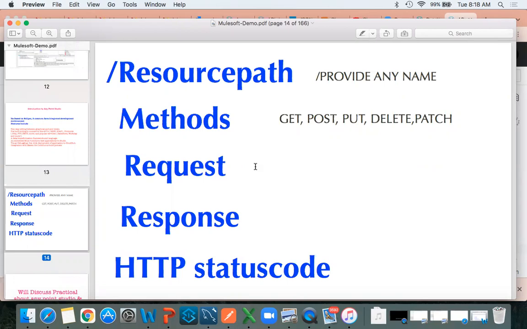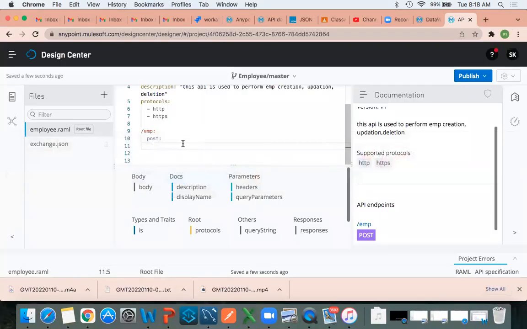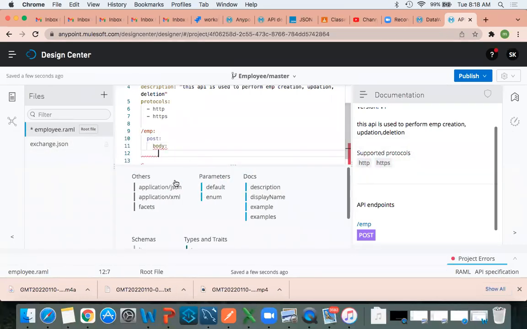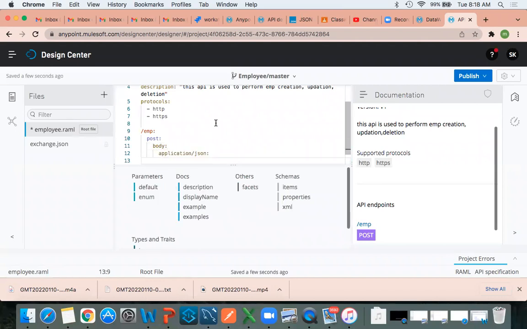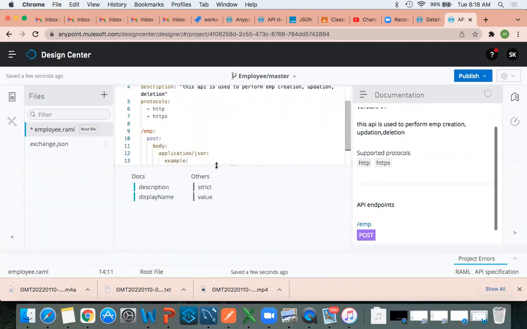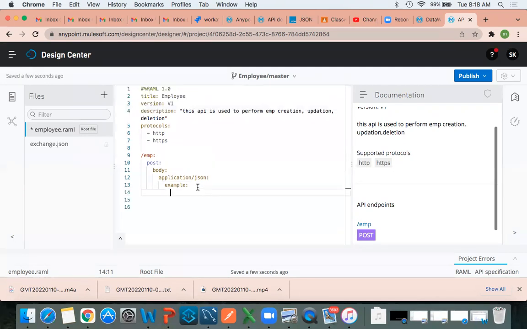So here I am going to pass some body. Post. The moment I hit enter, I got a body. Select this body, type application JSON, example. So here I am passing the example. It is JSON format.